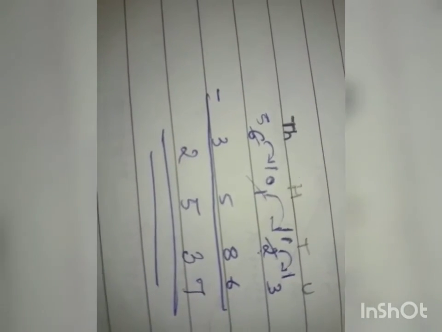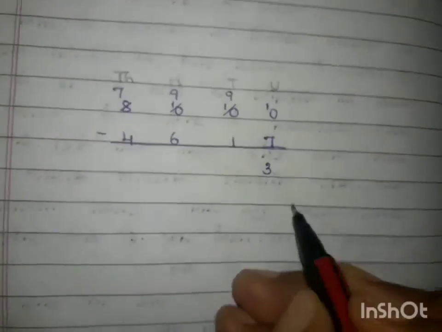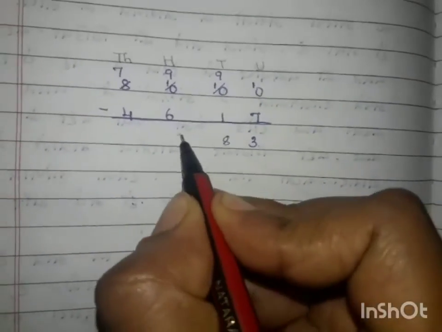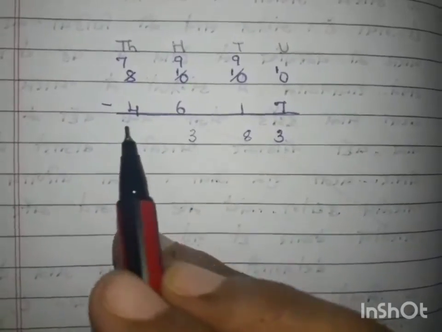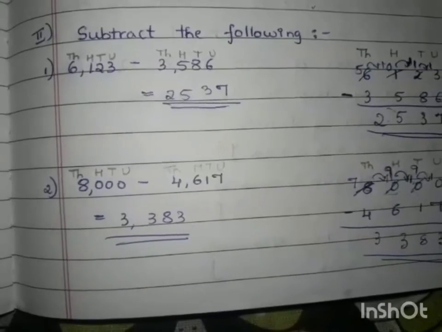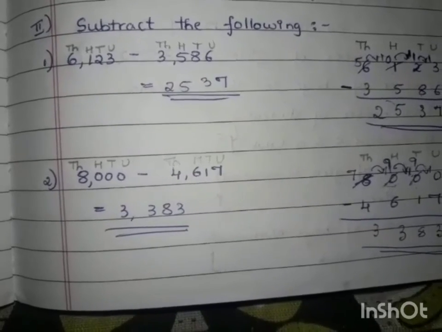You can always borrow numbers from the previous number. That is, if you want, in the tens we have 9 minus 1. 9 minus 1 is 8. Then we have in the hundreds 9 minus 6. 9 minus 6 is 3. Then in the thousands we have 7 minus 4. 7 minus 4 is again 3. So the answer will be 3380. So when we subtract 8000 and 4617, the answer we get is